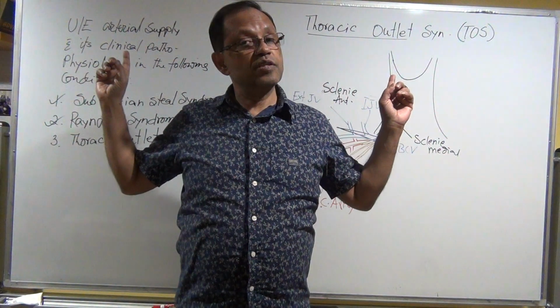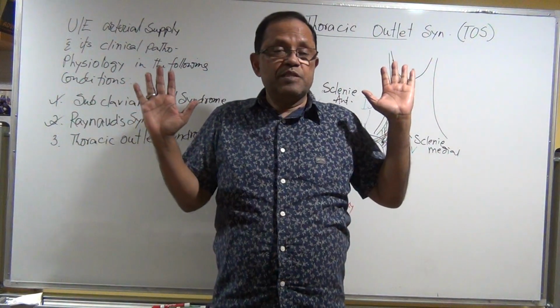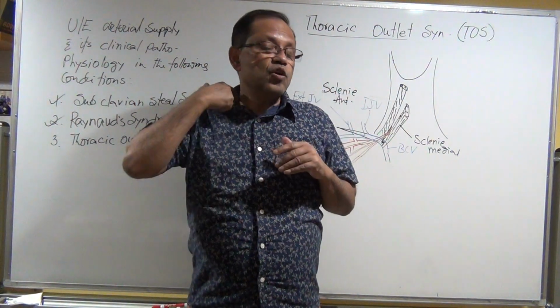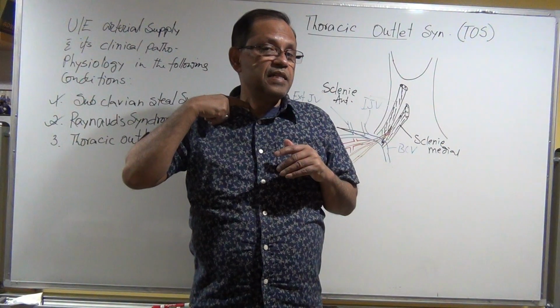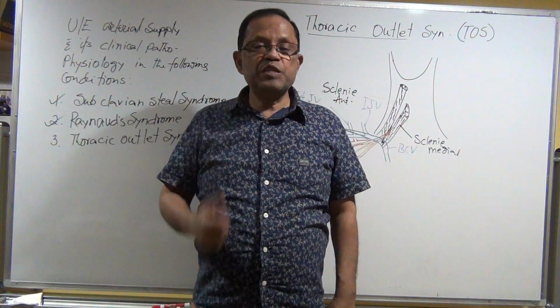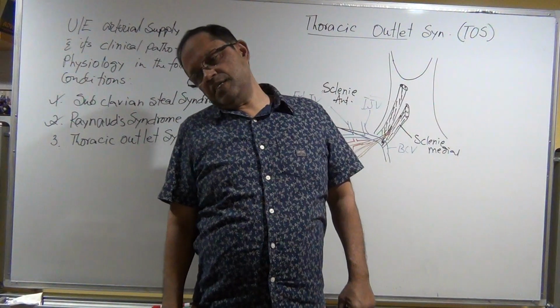And because the cause is this. So now I'm just trying to give you a couple of situations you have to realize. Between the scalene anterior and medial tendon, the nerves are coming out. Now if there is not enough space, definitely when I do extension like this